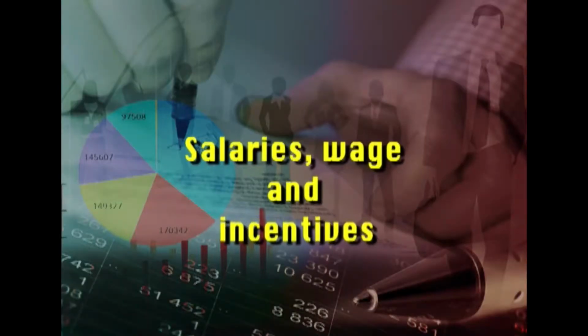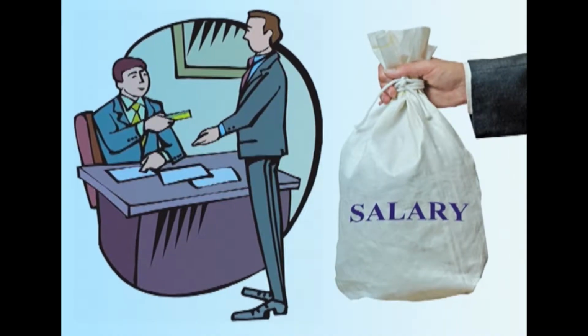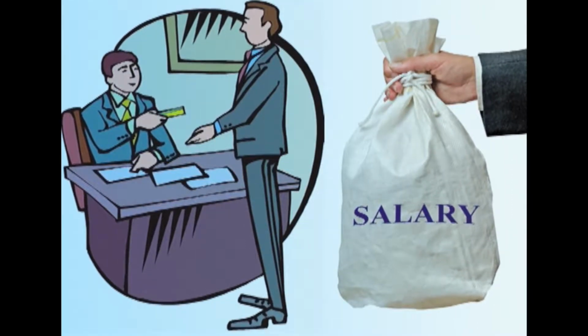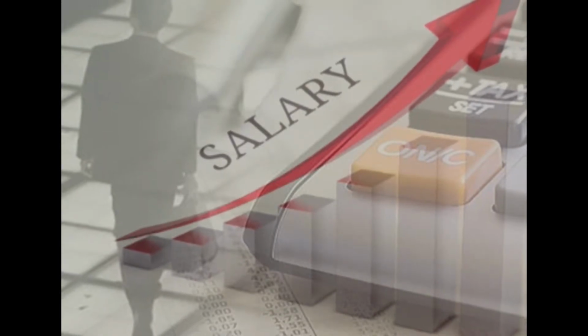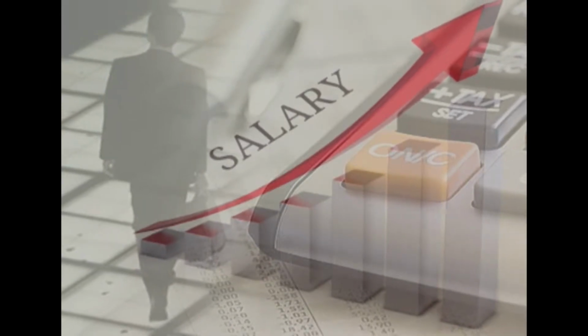The salary, wages and incentives. A salary is a fixed amount of money or compensation paid to an employee by an employer in return for work performed. Salary is commonly paid in fixed intervals, for example, monthly payments of 1/12 of the annual salary. It is typically determined by comparing market pay rates for people performing similar work in similar industries in the same region. Salary is also determined by the pay rates and salary ranges established by an individual employer.